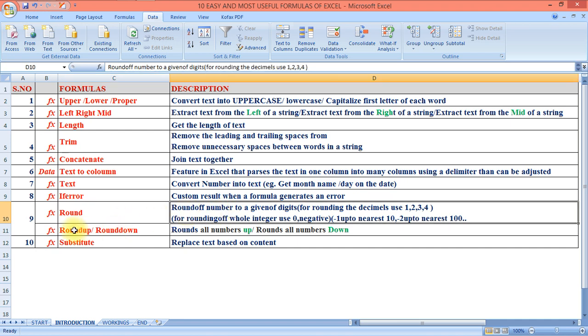If you want all the numbers to be rounded up, even if it is like 22.22, it converts to 23, always to the upper number, then we use the function round up. And always to the lower number, like 23.6, which should be 24, but I want it down, then I'll use round down, it will be 23.